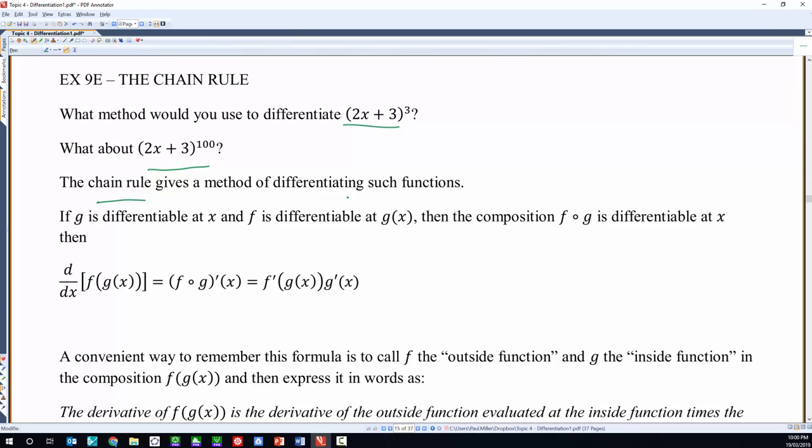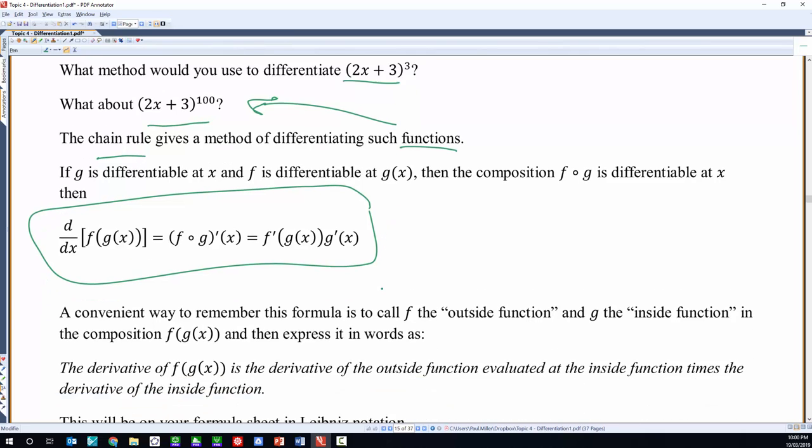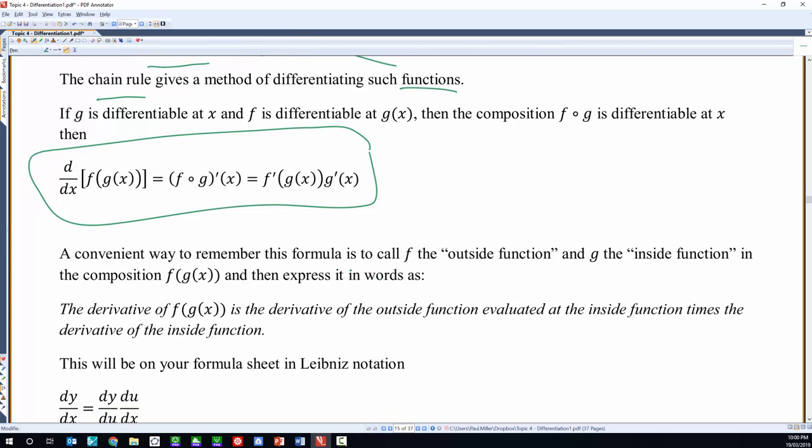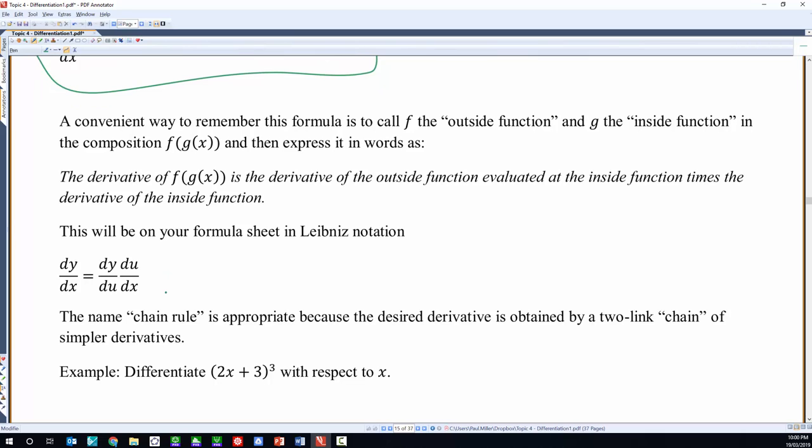and the chain rule is the method for differentiating functions that are written like that. I flashed this up on the screen and then I didn't go any further into explaining what this meant until a bit later on. But what we want to do is recognize what we're actually doing when we're differentiating things with the chain rule. And I use this terminology here of outside and inside function. So let's go ahead and actually do an example, start to talk about inside and outside functions, and note that